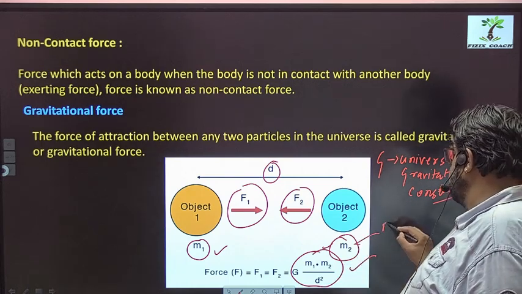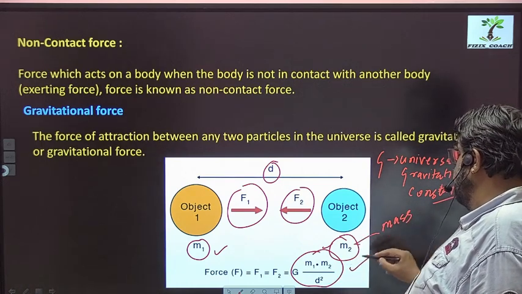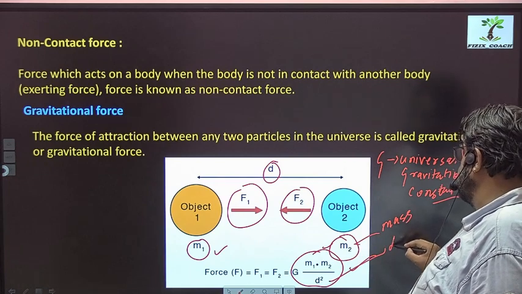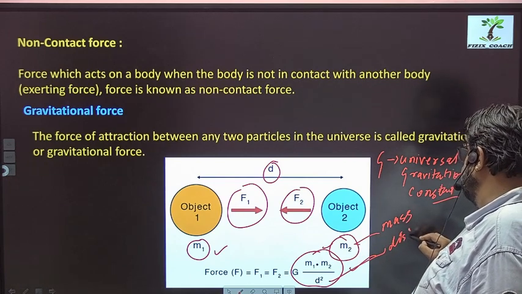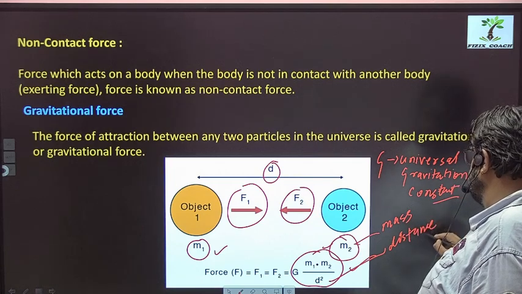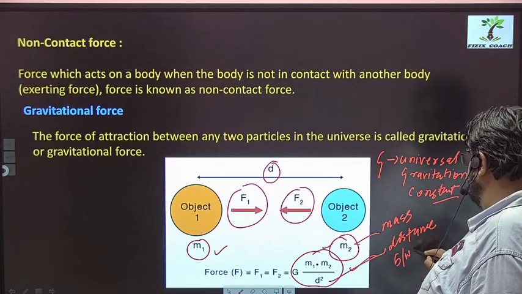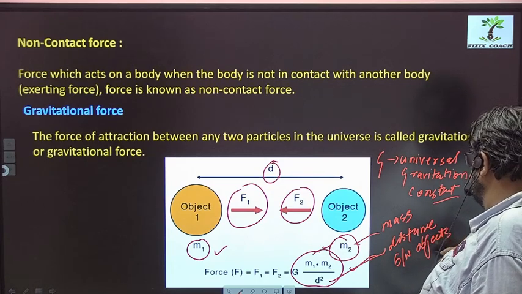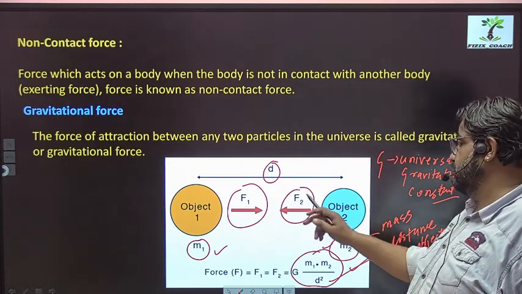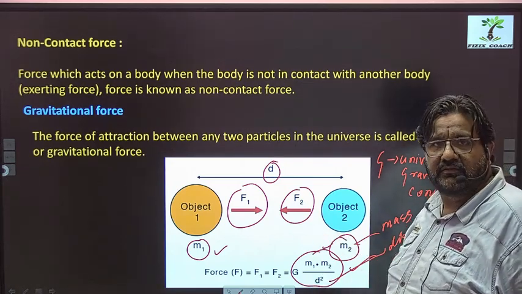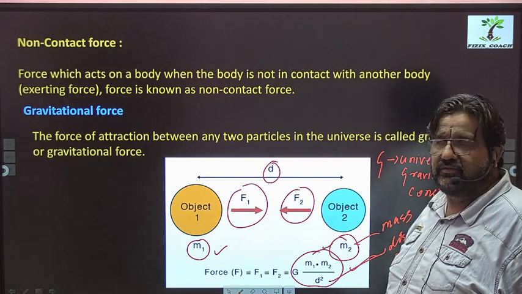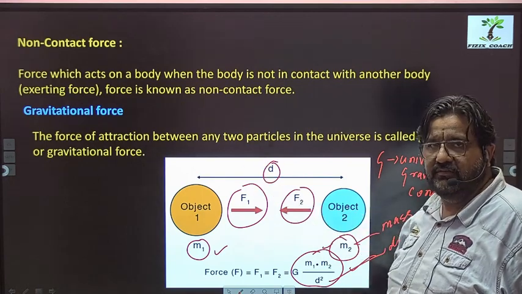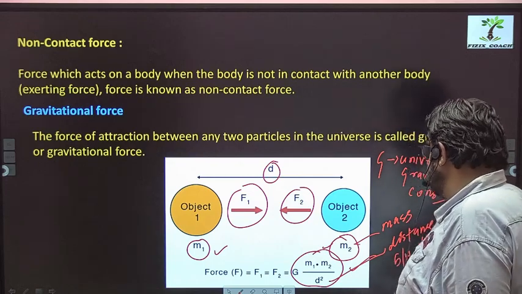These are masses. And D is distance between the objects. All right, so this is all about gravitational force, which you have to understand, right? The next is